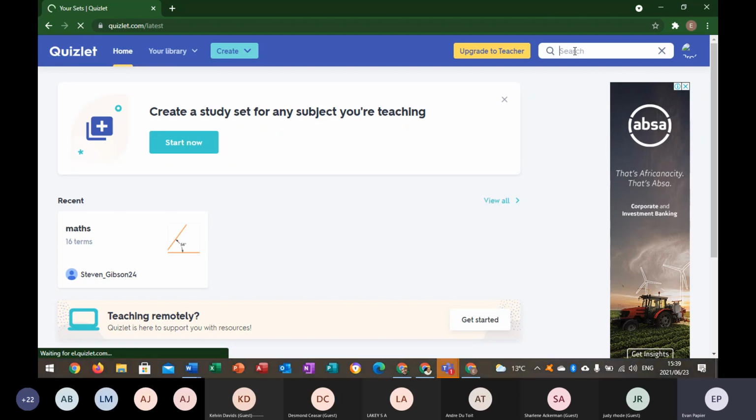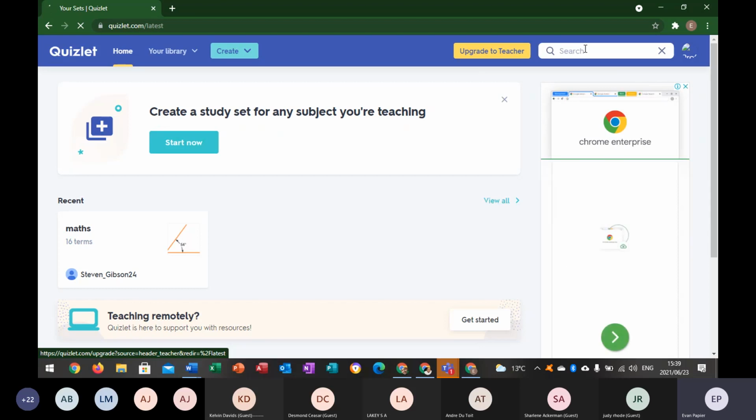Because the nice thing about this is that you can use someone else's content that that person already created and made available to everybody in Quizlet to use. So you can just go to the search box up there and search whatever it is that you want. So, for instance, it is maths. You can search it there,